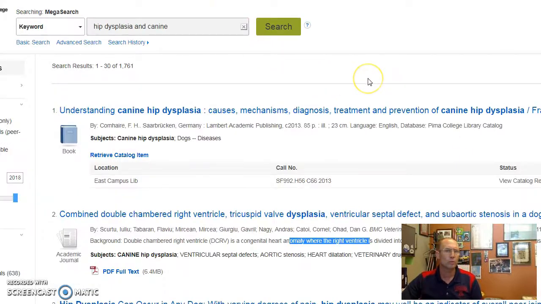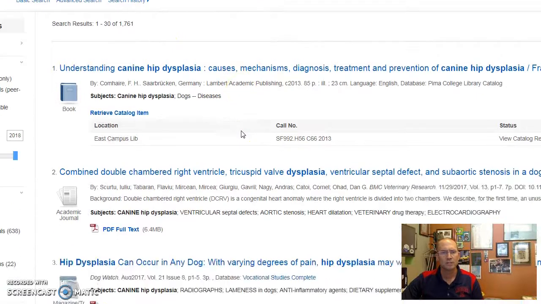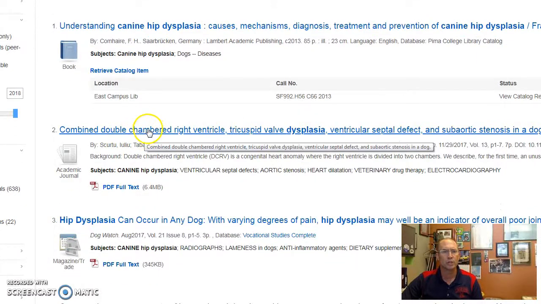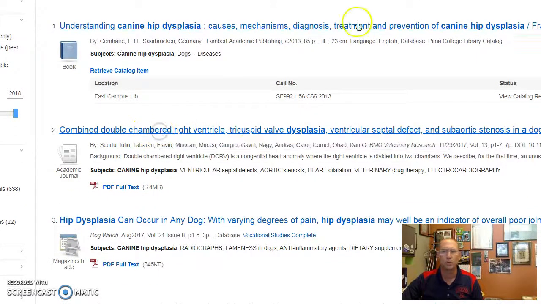So let's say you're in one of our databases. This is our mega search. I did a search. Here's my search up here, hip dysplasia and canine. And I got a bunch of results. So I say to myself, okay, the second result, I want to use this. So I click on the result,